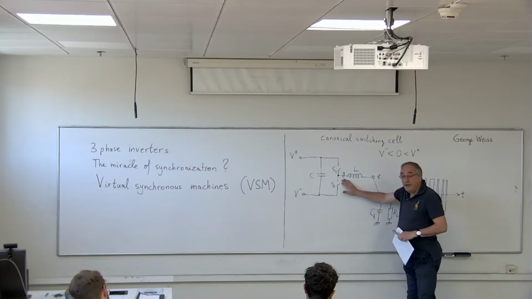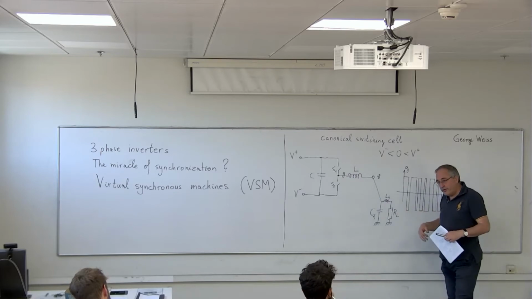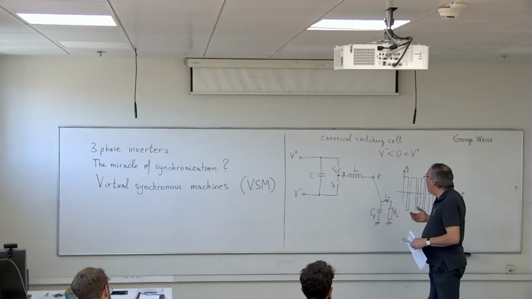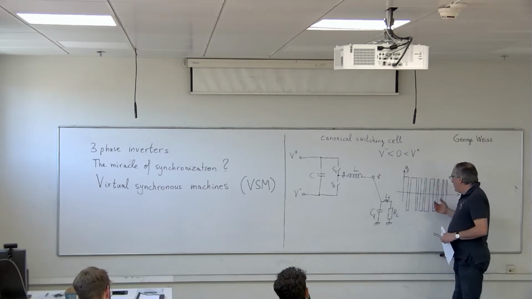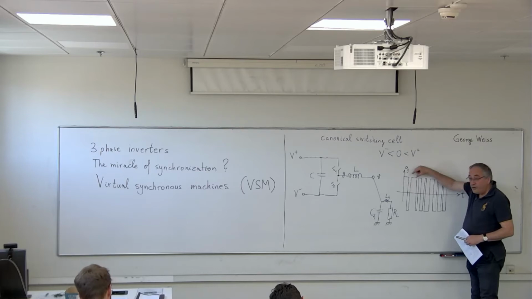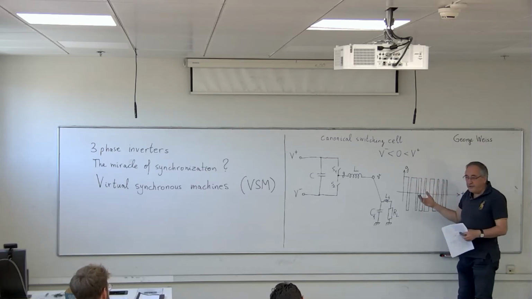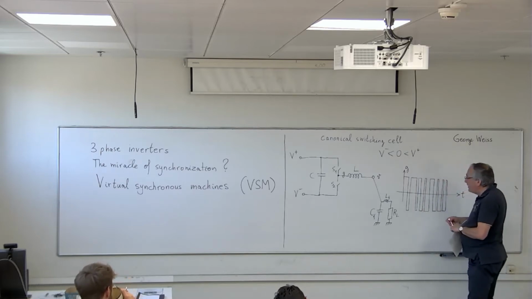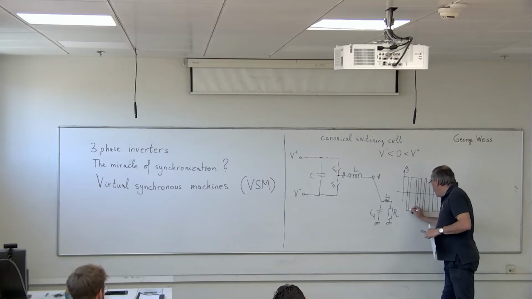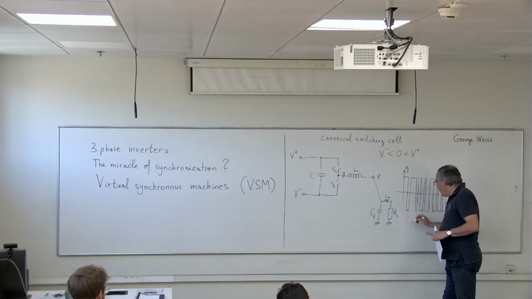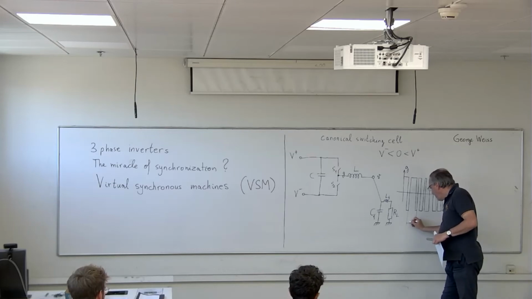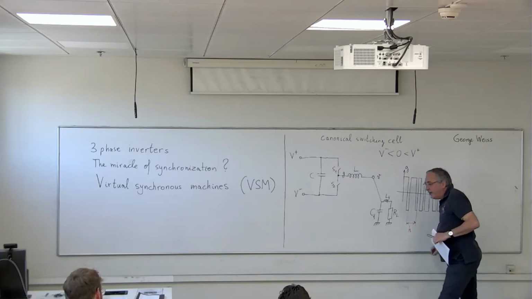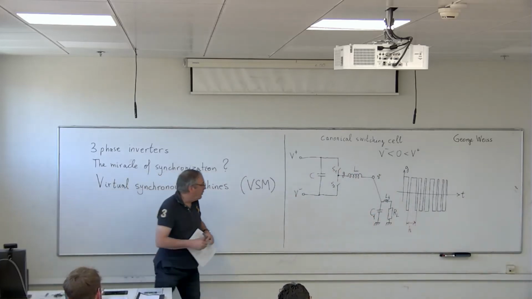Now, this G, I can decompose into a low frequency component and a high frequency component. The high frequency component is according to the frequency of the switchings, and the low frequency component is due to the fact that the proportion of time that the upper switch is connected changes. So let us say, for simplicity, that the time between two moments when the point G is connected to V plus is constant, and let's call it H. And this H is then called the switching period of this